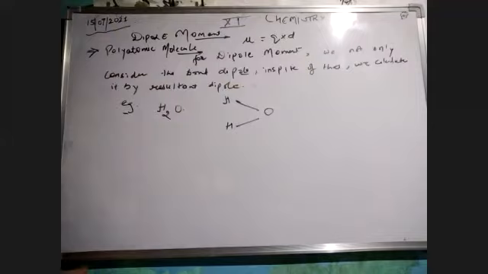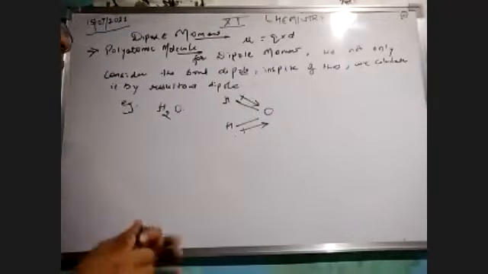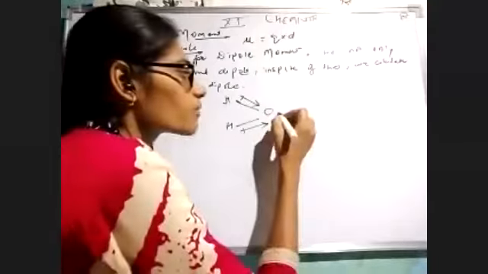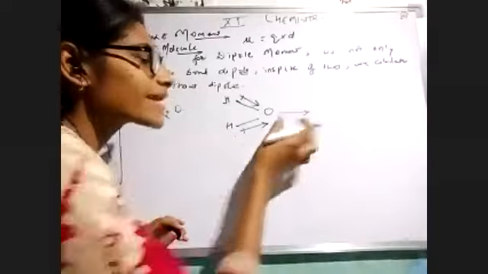In the previous class, the tail of the arrow represents the electropositive end, and the arrow shows where the electrons are shifting towards the oxygen as compared to hydrogen. So that arrow is representing its direction. Now I'm just telling you, we do not consider only this bond dipole. We will calculate it by the resultant dipole moment. That means after combining the two, we will get our final result.